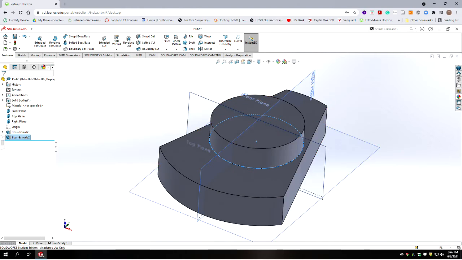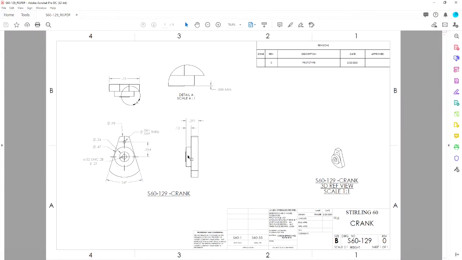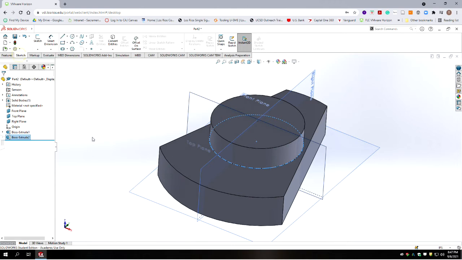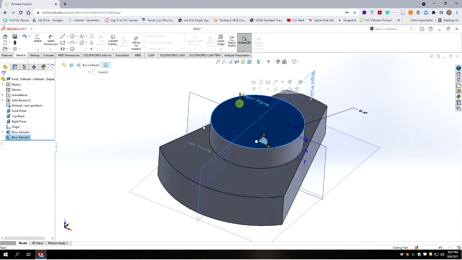Now let's go back and look at our drawing. We've got a smaller, really thin boss here. It's more like a washer shape. You can see it's only 8 thousandths proud from the surface. Okay, so we're going to go in and make that, and it's 240 thousandths in diameter. We're going to repeat the procedure we just did. We're going to select the top of the part